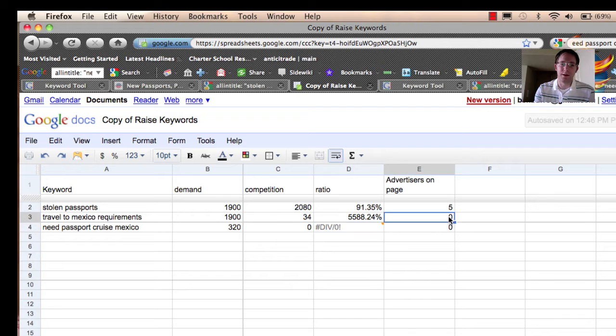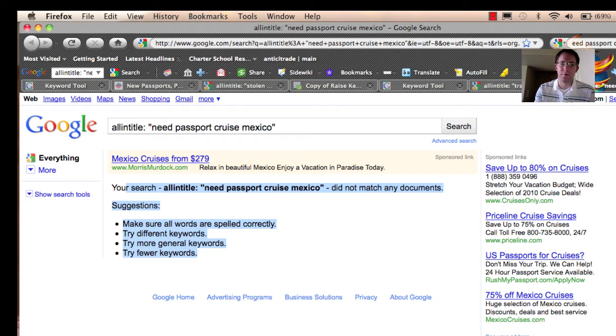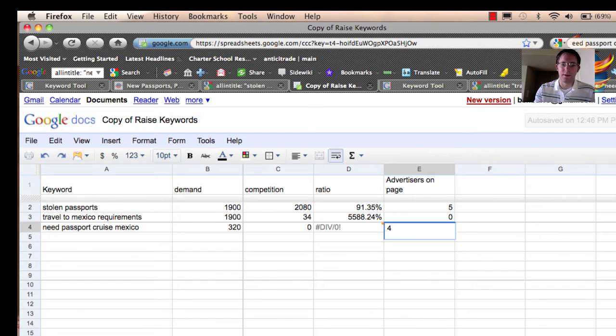And the one thing is that travel to Mexico requirements had no advertisers. This one actually had a couple, what was it, about 4 or 5? 4? And so I'd probably need to update that, because if I was going to run keyword ads or AdWords ads to that phrase, I'd need to be aware of that. But for search engine optimization purposes, both of those phrases look like a far better opportunity than focusing on the main phrase that I started with, which was stolen passports, or the phrases that the site itself that I'm promoting is targeting. And so that is an example of what I call the art of keyword research,